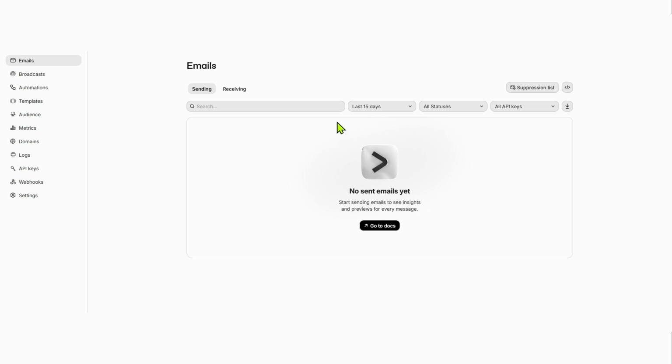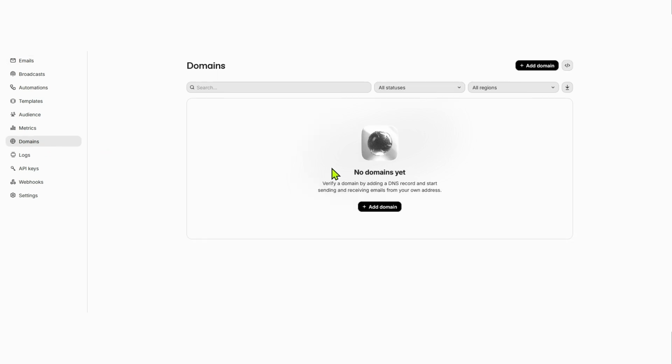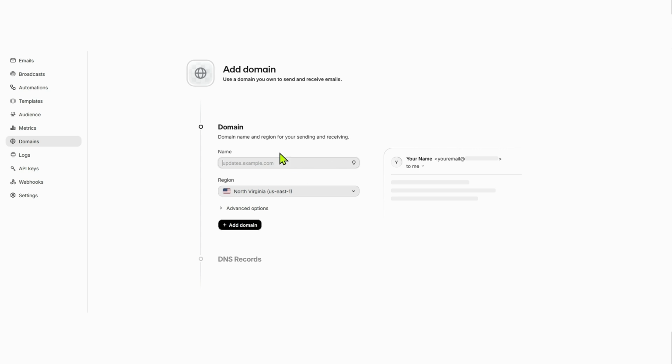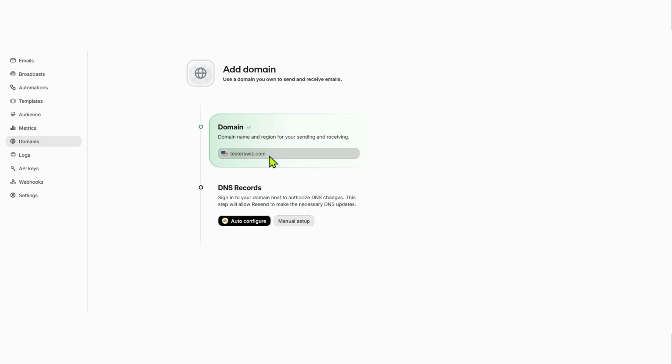For the first step, you go to domains and then click on add domain, and then over here you're going to write it down. I don't want to cover it up. You want to choose the region that is closest to your location, or closest to the region where you have deployed the app. For most of you guys, if you live in the US, it should be automatically set. So just click on that, right? And once you have done that,